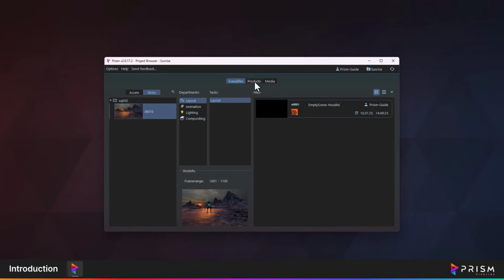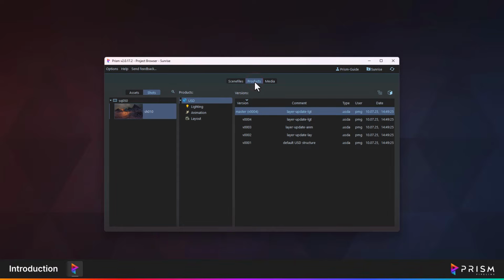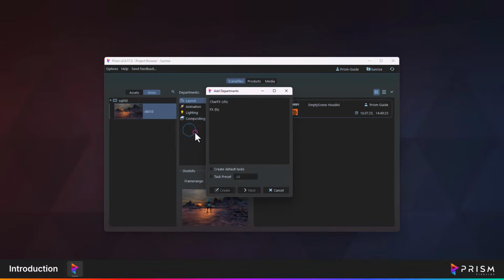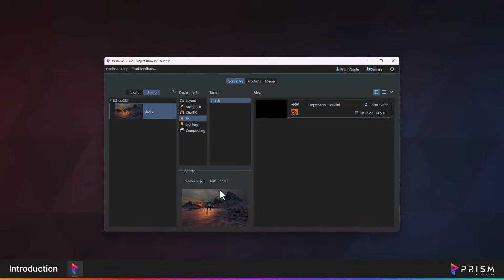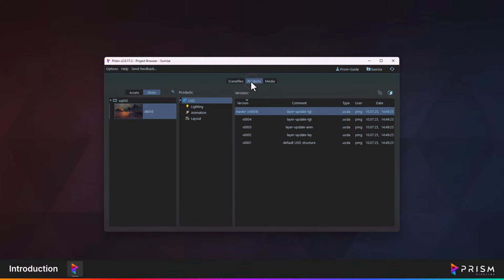Additionally, for each created shot, Prism automatically defines a shot USD container, including all USD department layers, which are visible in the Products tab. As an example, the character effects and effects layers are missing. Therefore, the missing departments can be added at any time. Note that for each department that is created, Prism defines a USD department layer in the background and integrates it into the existing USD container.